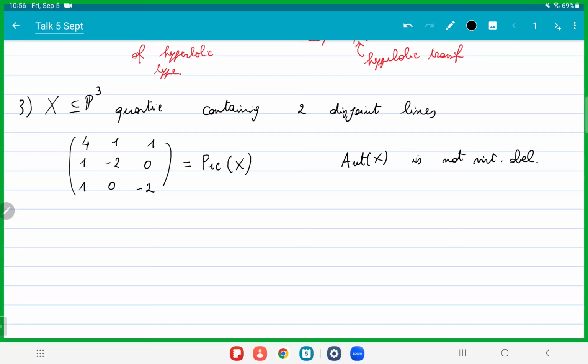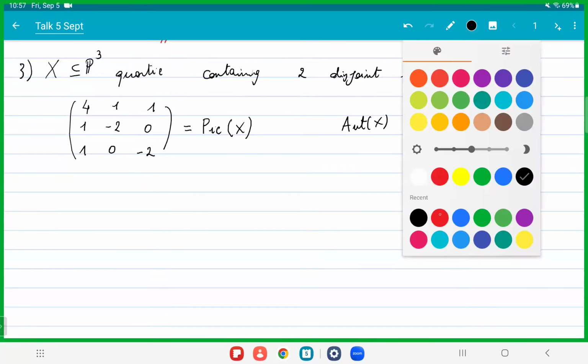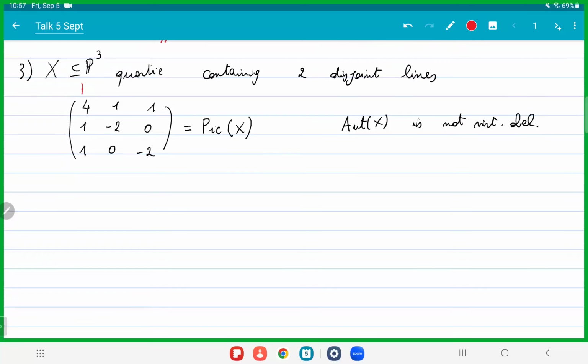And let me try to give a very, very quick proof of why this is not virtually abelian. This is the strategy by which we handle most of our cases in the proof of our main theorem. So the first observation: this is the hyperplane class, this is the first line, and this is the second line. We saw at the beginning that if we consider H minus L1, we obtain an elliptic fibration. Remember that in the other case, these had no section, right? But in this case, it has a section because (H minus L1) times L2 is 1. So this is an elliptic fibration with a section, and actually we can check that it has infinitely many sections.